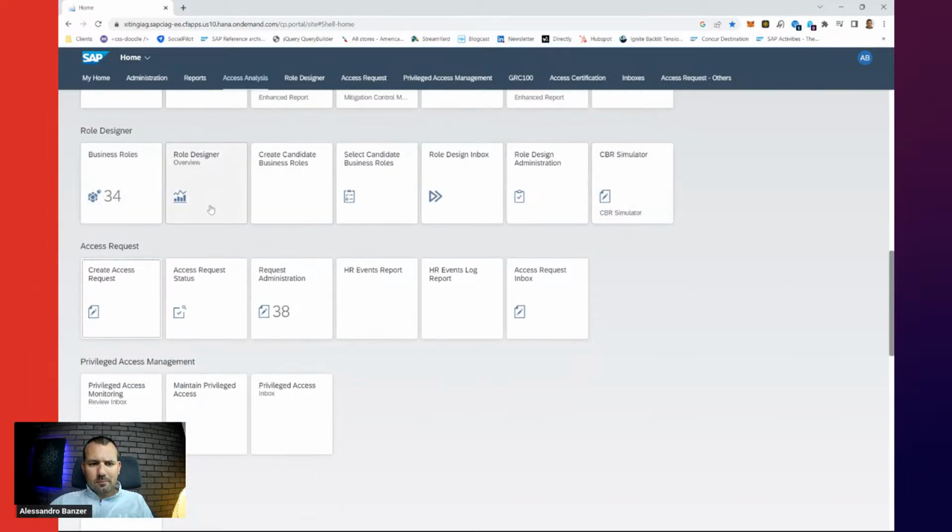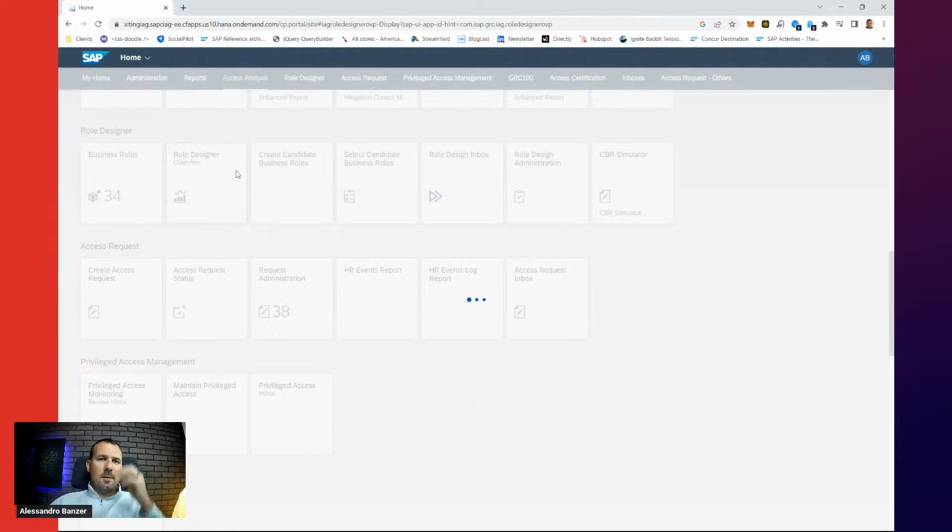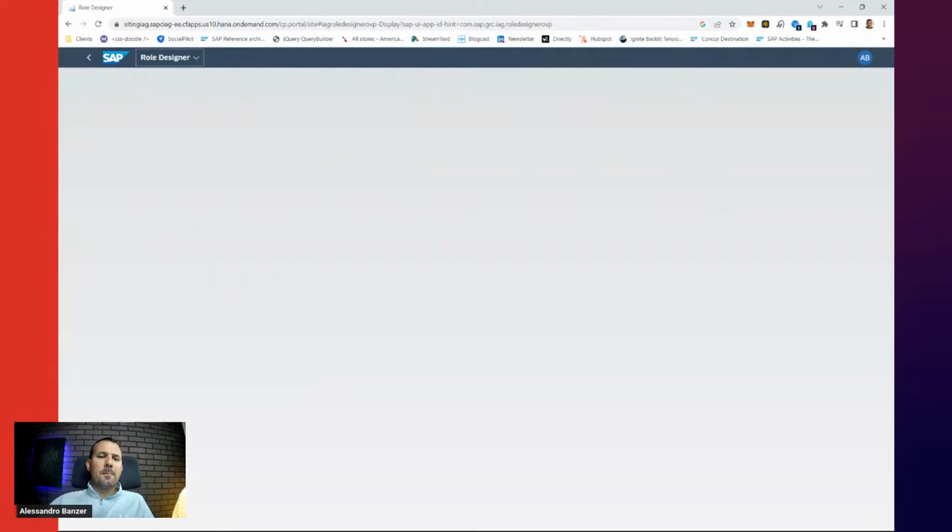We have overview dashboards where we can see how many roles we have and how critical they are. There's different insights into the data as well. Here it takes a little bit to load. My system is a little bit slow because I've loaded a ton of data just to test performance. It's not always super fast. And if it doesn't show up here in 2 seconds, then I'll just abort this.